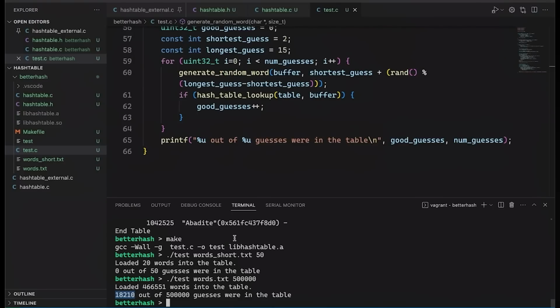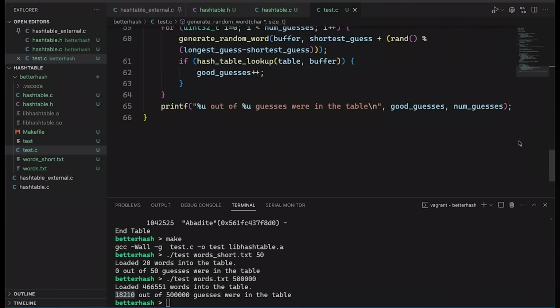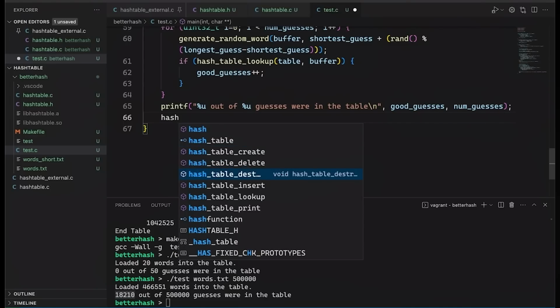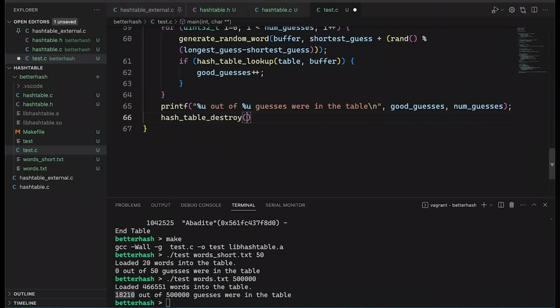Now, there is one thing so far that we still haven't addressed, and that is, now that we're all done, we probably want to come in here. I mean, in this case, this is the end of the program, so it doesn't really matter, but let's say that this wasn't the end of the program, we were doing other things, but we were done with this hash table. Then what about hash table destroy, right? We want to clean things up. So we would call it like this,